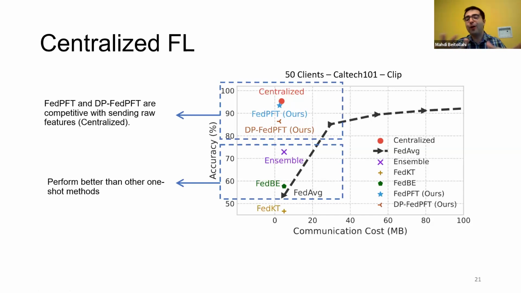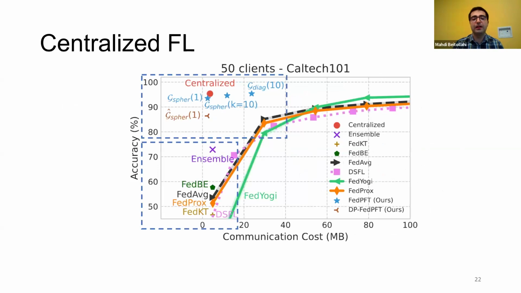In here, I just showed you the federated averaging and 3 one-shot methods. But in the next slide, I'm going to show you additional benchmarks that we did with the same method. So in here, I'm adding more lines. These lines are for different multi-iteration federated methods like FedYoki, FedProx, and we're adding more one-shot methods. But the idea is the same, right? Current one-shot methods, without sharing this knowledge, do not perform as well as methods that utilize this pre-trained